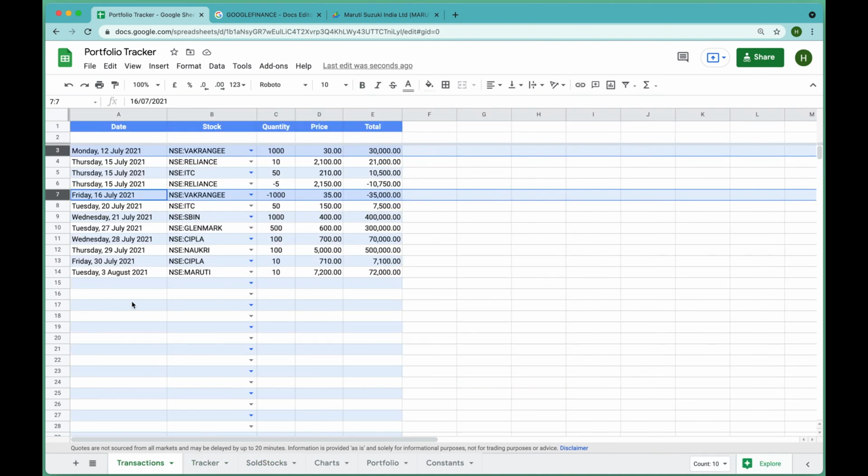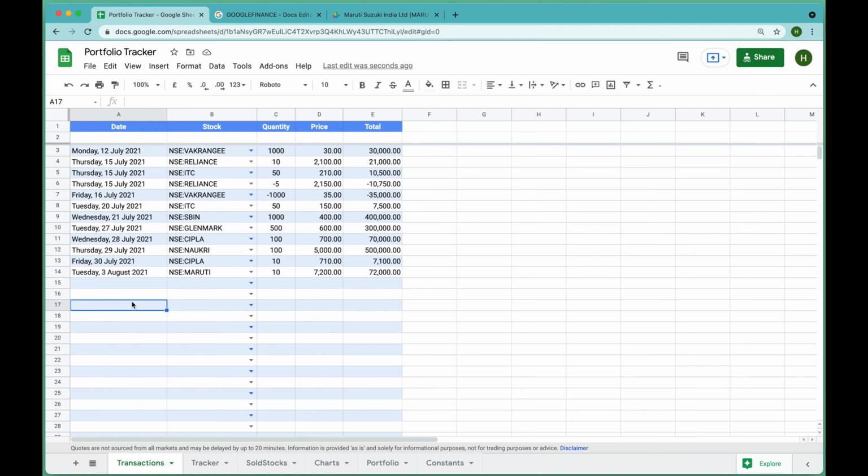In future, I am also planning to add some email notifications which will help you get emails whenever your stop loss or target price has been hit. I have not added that right now because the video is already pretty long and it would have made it much longer. Do let me know in the comment section if you want me to cover that as well, and also any other feature that you would like to have in your portfolio tracker.